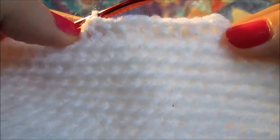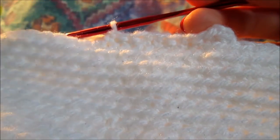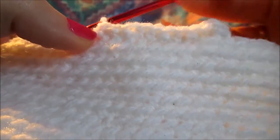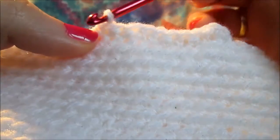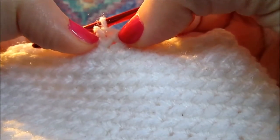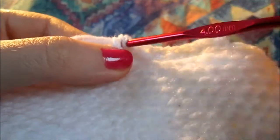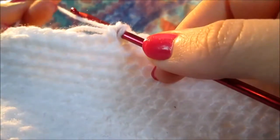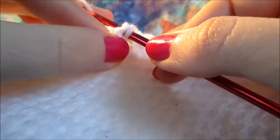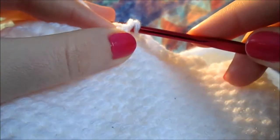Now that we took out the stitch marker and we actually have 10 stitches, our next step is to simply find that little hole where we started the 10th stitch, and it's actually there exactly, so we put the hook within and we grab the yarn. It's actually a little bit tricky, especially when I'm showing you on video, and